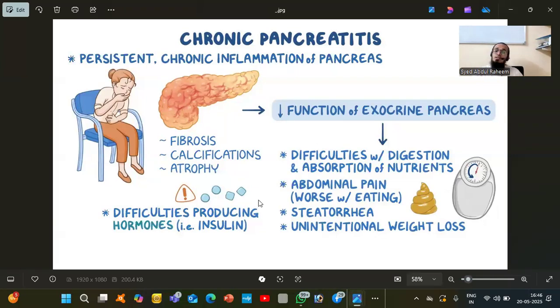So what will happen? The production of insulin will reduce, so the patient cannot digest the food. Abdominal pain after eating increases. Okay. Weight loss, everything will be seen. Vomiting sensation. So these are the things you can notice during chronic pancreatitis. So what you have to do? For diagnosis purposes, CECT abdomen is the best choice. Okay. Next,